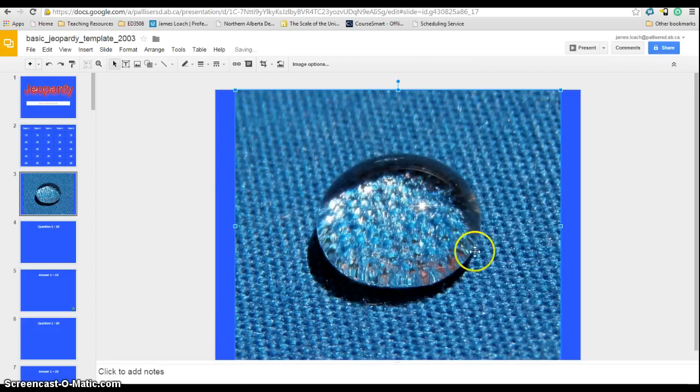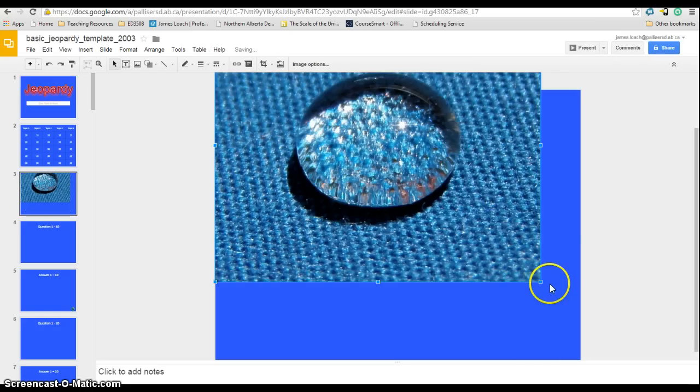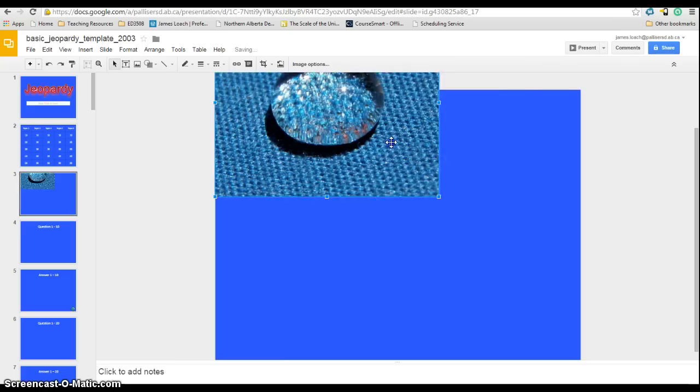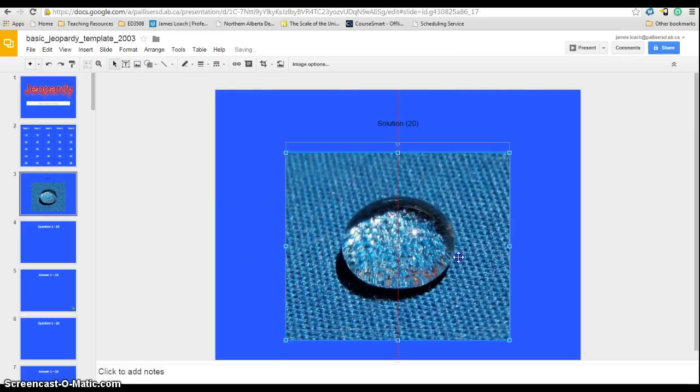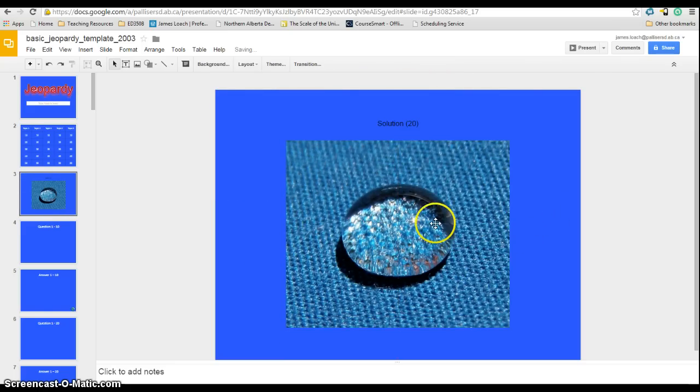I'll wait for that to show up. Format my image so it's a proper size. There we go. So solution, and that's going to cover my answer. Now when I get an answer, I just want to be able to tap the smartboard and have this go away. So what I can do is click on this, and just like you can do in